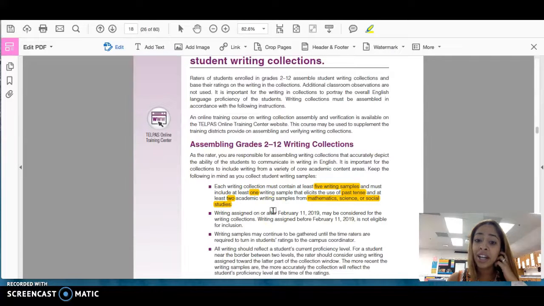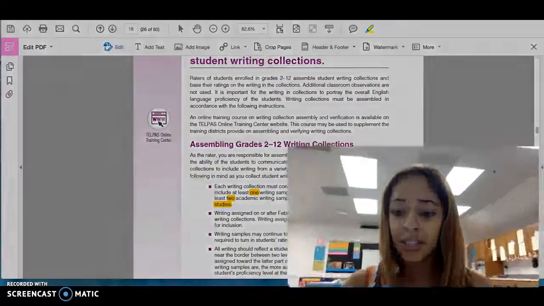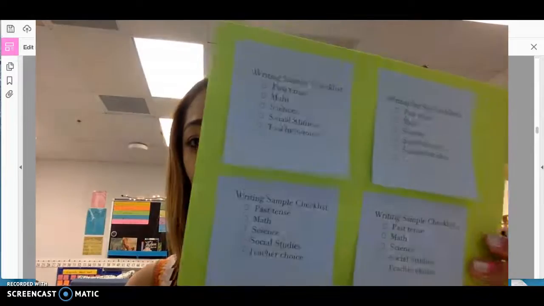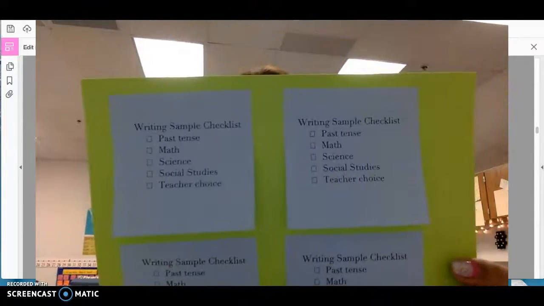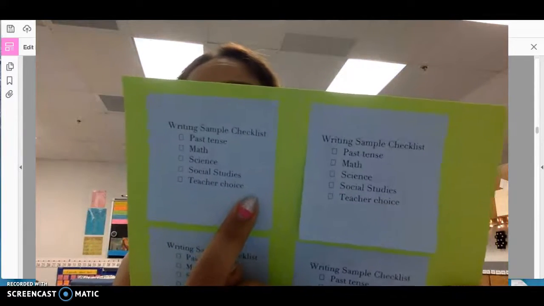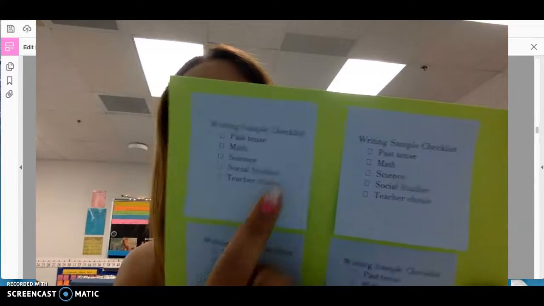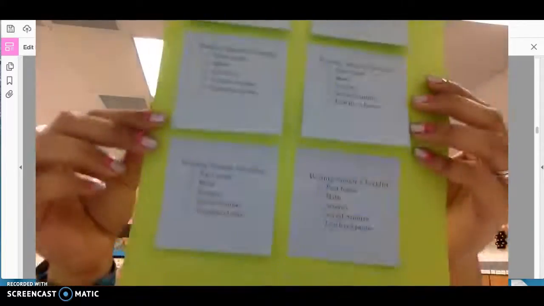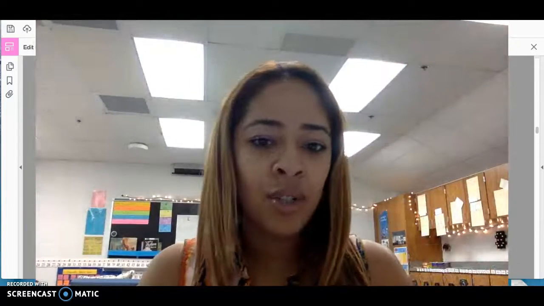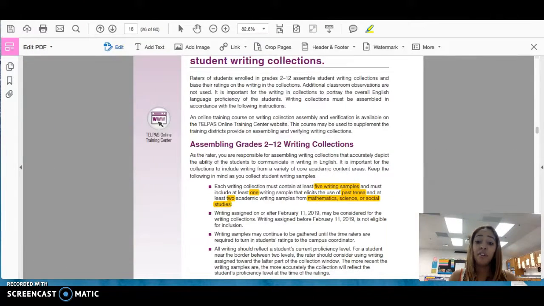So one thing that I created, and I'm going to make this video bigger so you guys can see, is a writing sample checklist with sticky notes. And so you can put these on the sheet protector for each one of the students and then be able to check off as they've completed each one. If you would like these for your students, I've already made them and would be happy to provide you with the correct number for your kiddos. So just email me or let me know if you would like those for your kiddos and kind of help